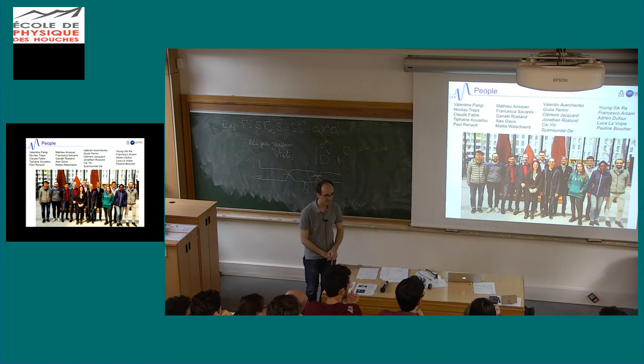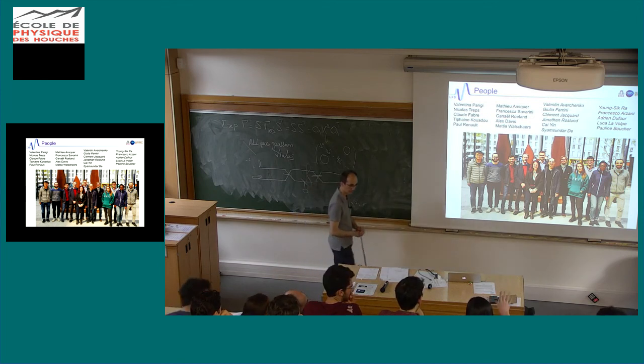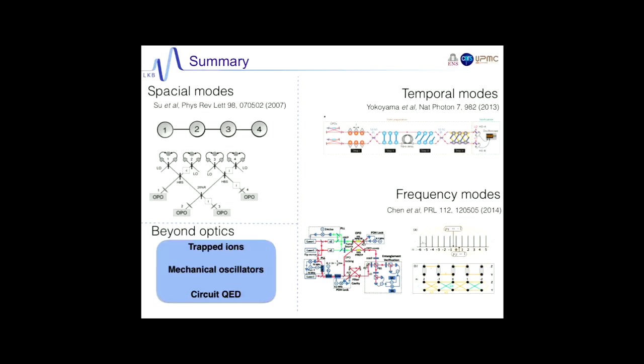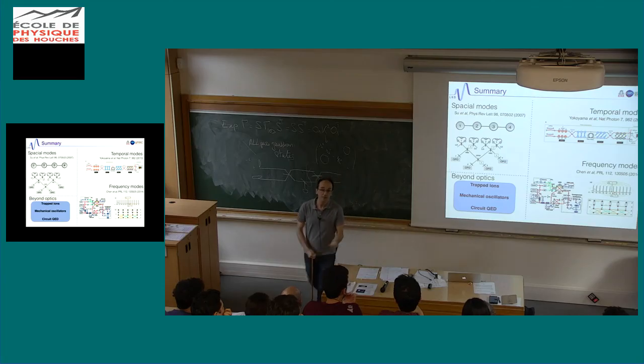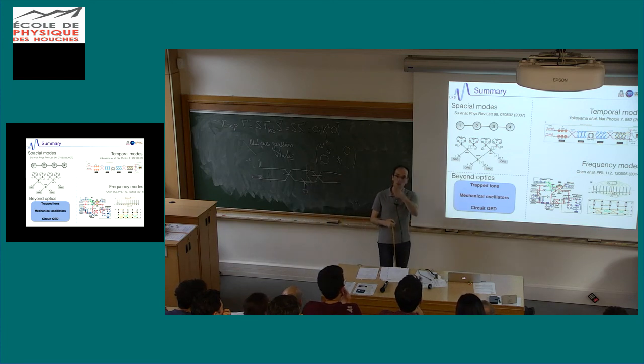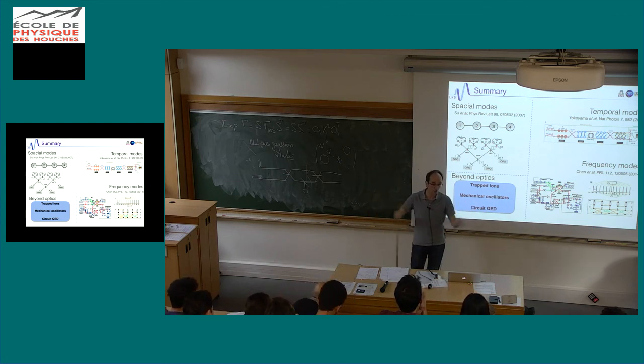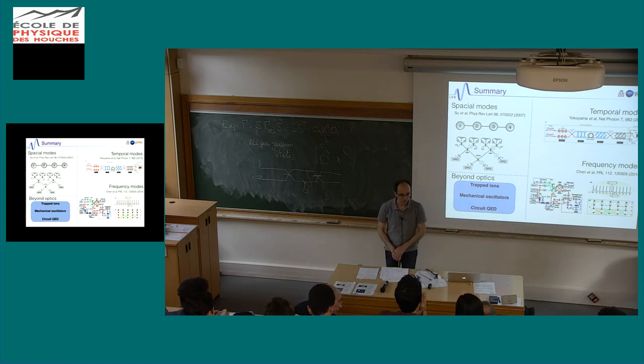Yes? So the scalability, you have shown now up to, let's say, 5-6 modes. Yes. They work quite nicely. So are these just experimental limitations, or can you go to 100 modes at some point? So that's indeed a very important question. There are several answers. In our case, and this is the question which was asked over there, the limitation is the spread of the local oscillator. So now we are working with a PCF fiber to increase the spectrum of the local oscillator. And we hope we will go to 20, 30 modes. So you want to shrink the pulse? To shrink the pulse, exactly, to increase the spectrum.